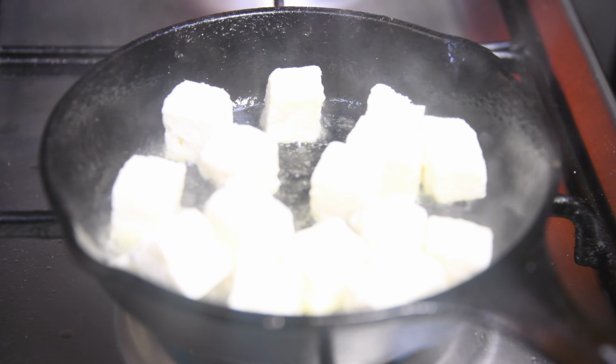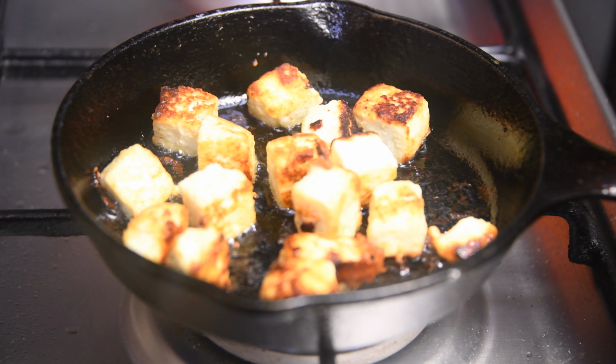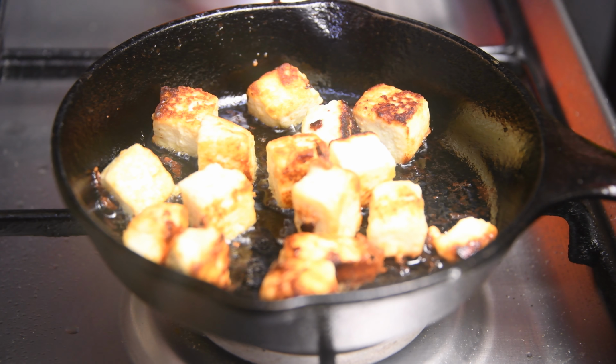Alright, as you see, the paneers have been cooking for some time. They're lightly colored as well, brownish, reddish. They've been cooked on all sides more or less, and now we'll remove them from the pan slowly. So we'll turn it off first, and then